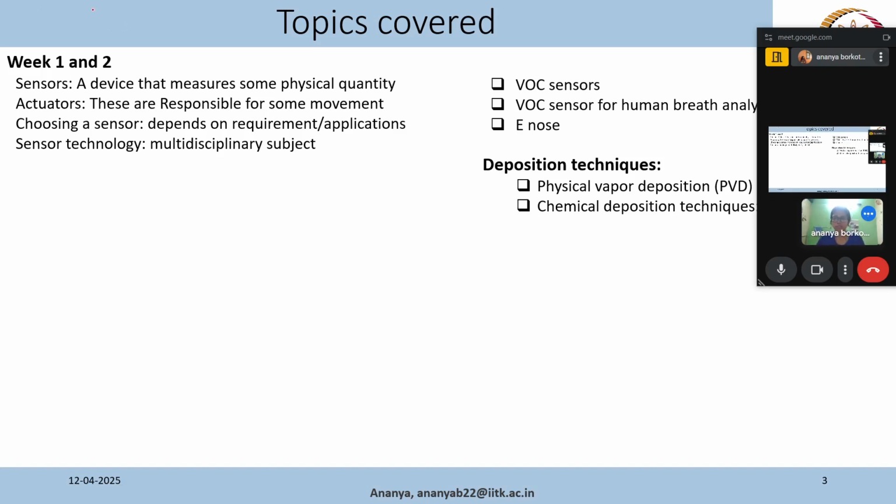The first thing we discussed in weeks 1 and 2 is some basic terms. First one is: what is a sensor? The definition is that it is a device that can measure some physical quantity. That can be, say, temperature or pressure. It measures some physical quantity. The output can be electrical, it can be optical. So the output of a sensor